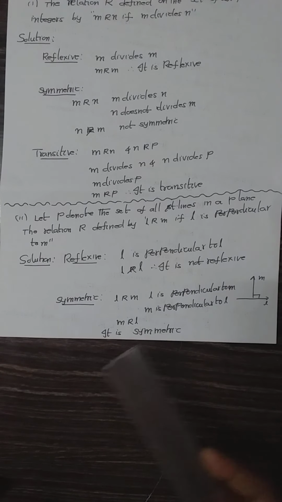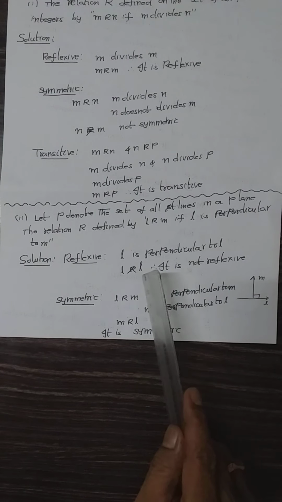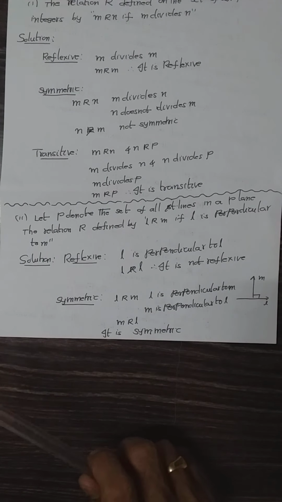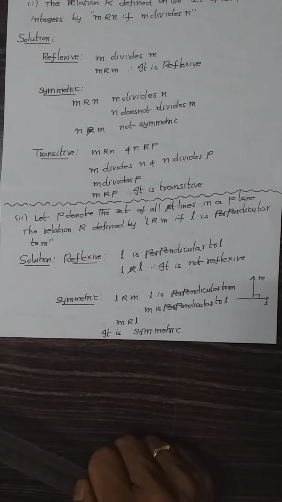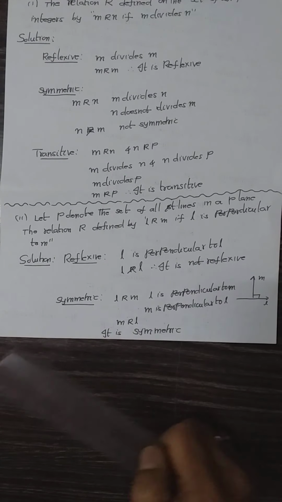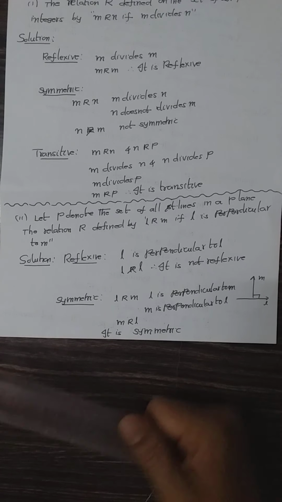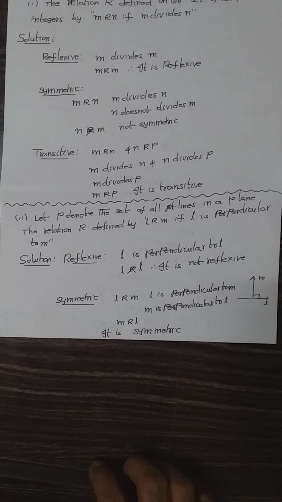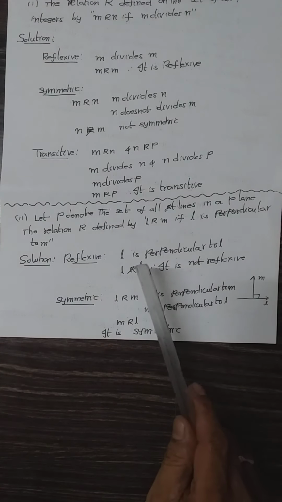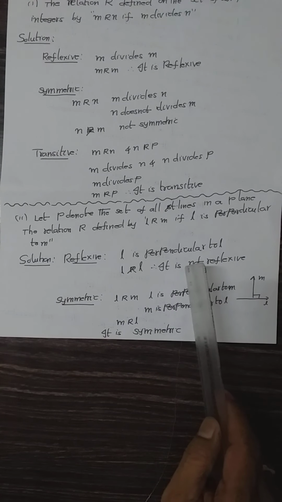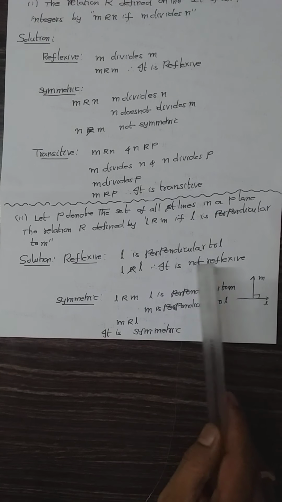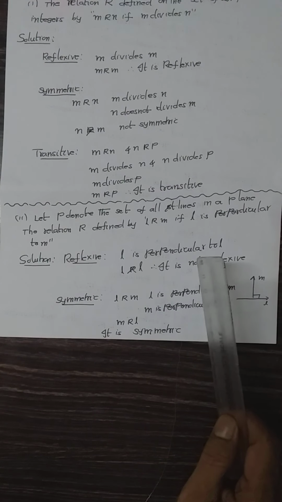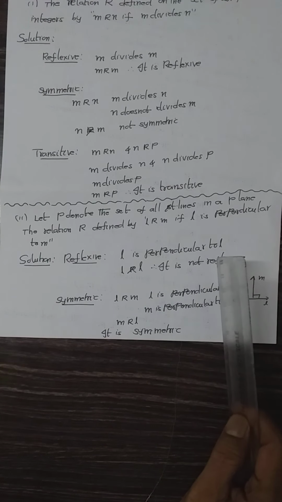Can a line be perpendicular to itself? It cannot. So L is not related to L, so it is not reflexive. Perpendicular, when you tell, if some other line is there, you can compare. Parallel, if some other line is there, you can compare. But with the same line, you cannot compare perpendicular. So the first statement itself is wrong. So L is not related to L. That means it is not reflexive. So the reflexive property is not at all satisfied.